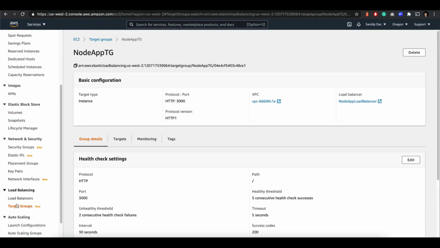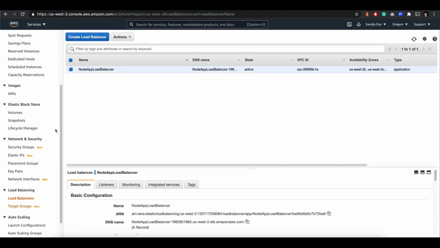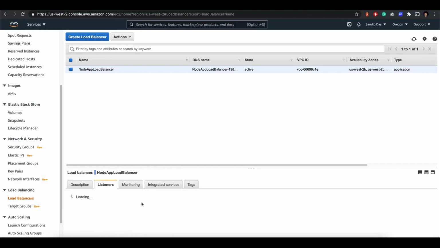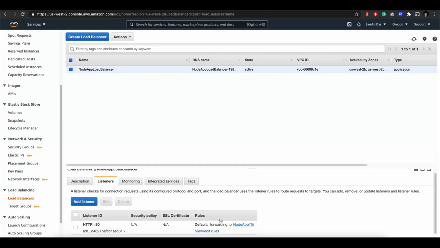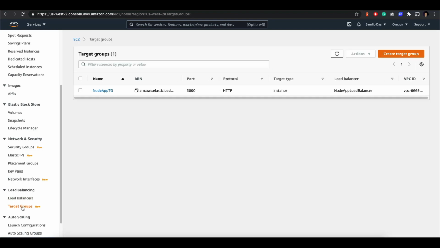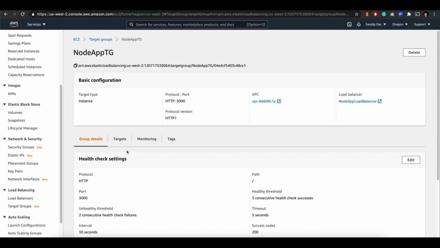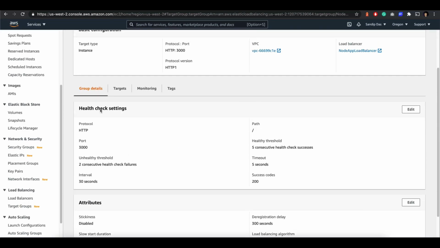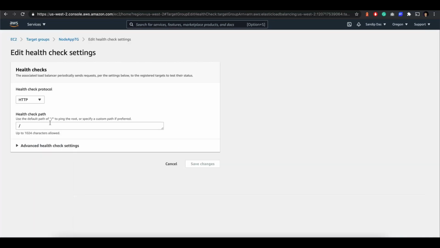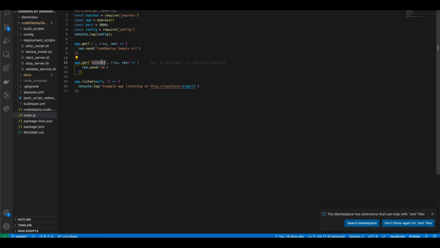Go to the load balancers, see load balancing, then the target groups. You can go from the load balancer, click on the listeners and then click on this target group, or there is a target group option directly. You can just click on the target group, and the health check settings should be here. So we can tell it to check the status, this one, right?